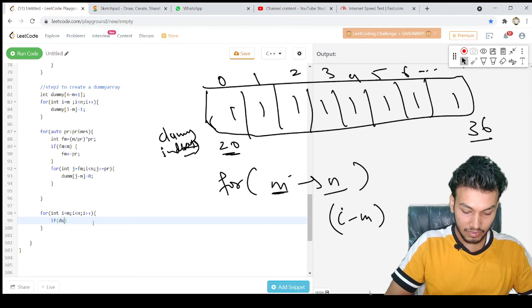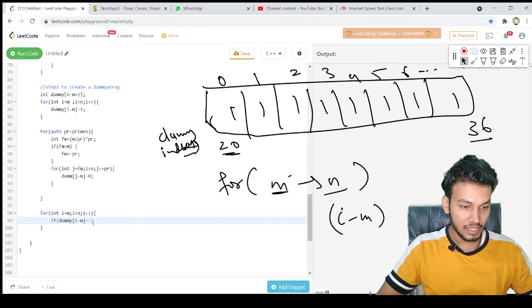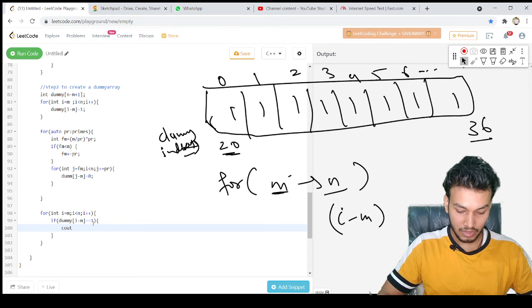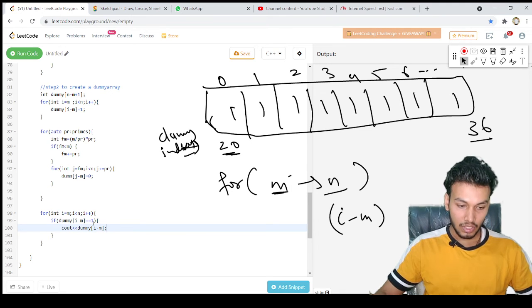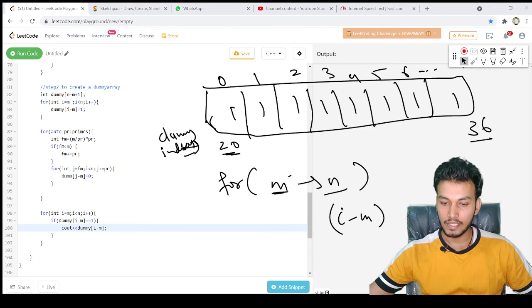So I can say if my dummy[i - m] was set to 1, right? If it's 1, then we can simply output this. So this way we will be able to print all the prime numbers between a range m and n.